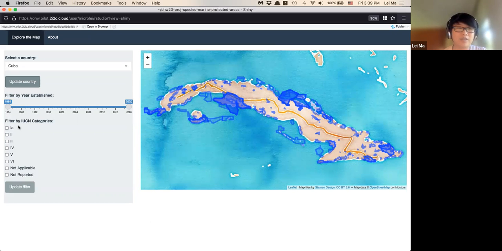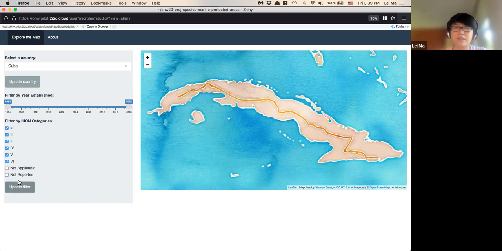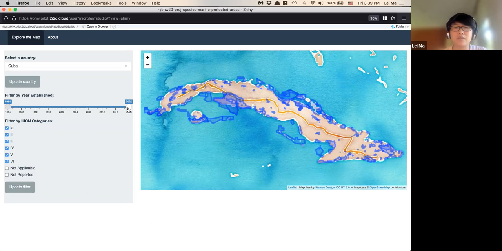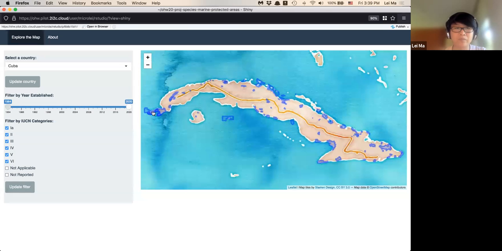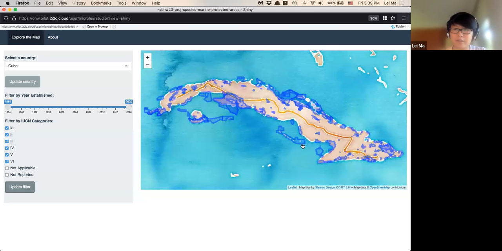So here you can see these are the polygons that represent the marine protected areas. You can filter by IUCN categories. You can filter by the year that this was established. And if you click on one of the polygons,